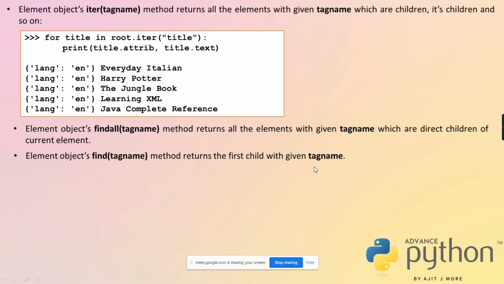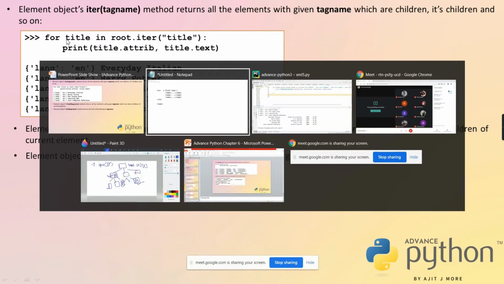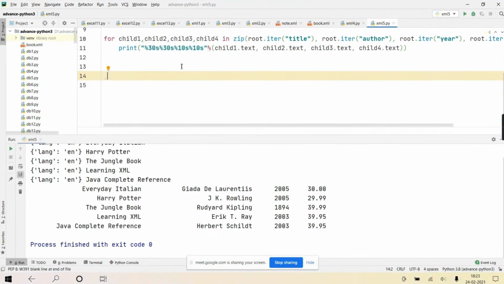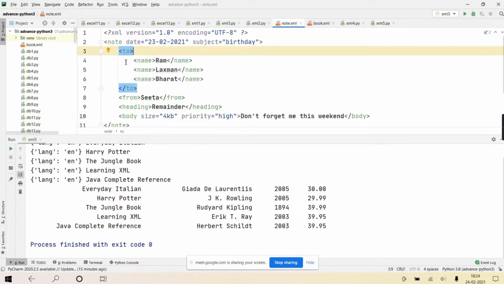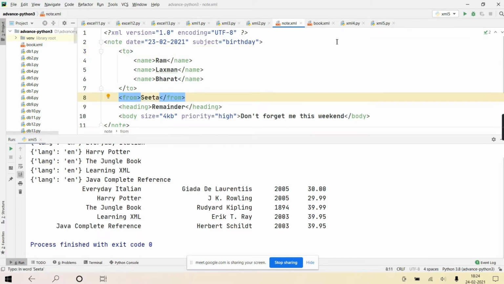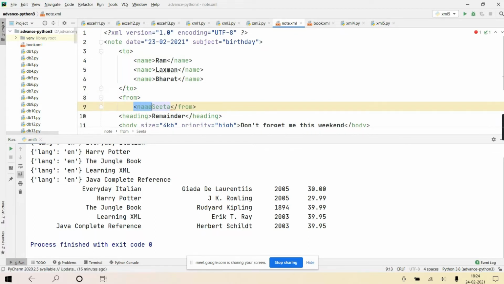I hope you are understanding the differences. For you, I'll give one demonstration to differentiate between them. We'll take an example like 2 is having, suppose I'm saying, from is also containing name.